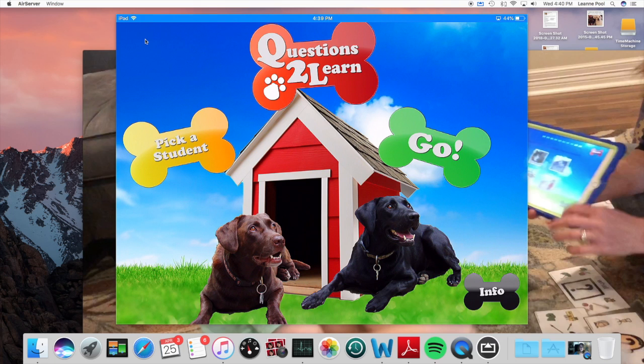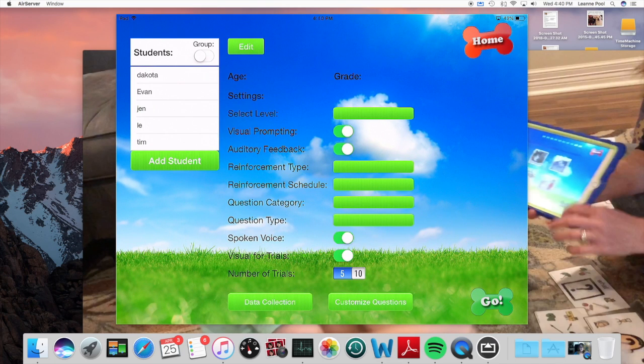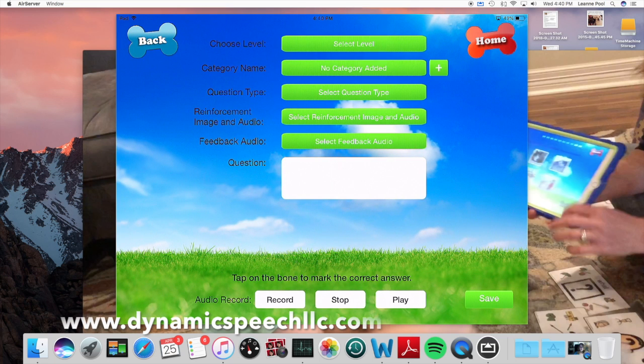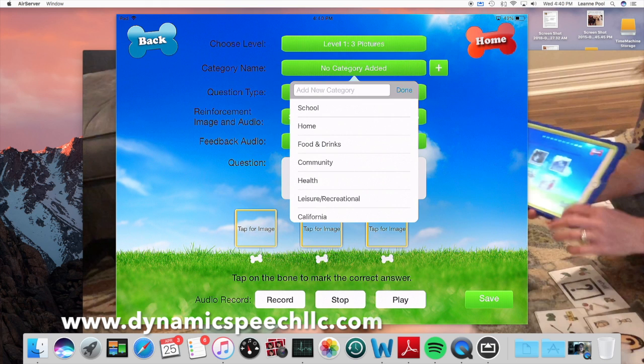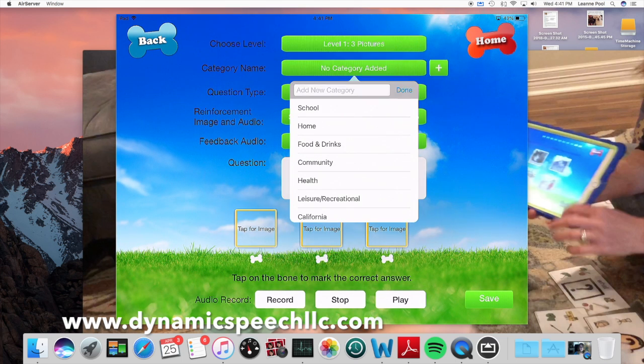Okay, but first I want to show you my app a little bit. You go to pick a student. Select the student where you have the customized questions. Go down to the bottom and find customized questions, and then choose create new category. Then you need to go through each one of these steps. So when you're creating a category, you want to type in your category name. So if it's about a weekend or a trip, you type that in, and then you go through each one